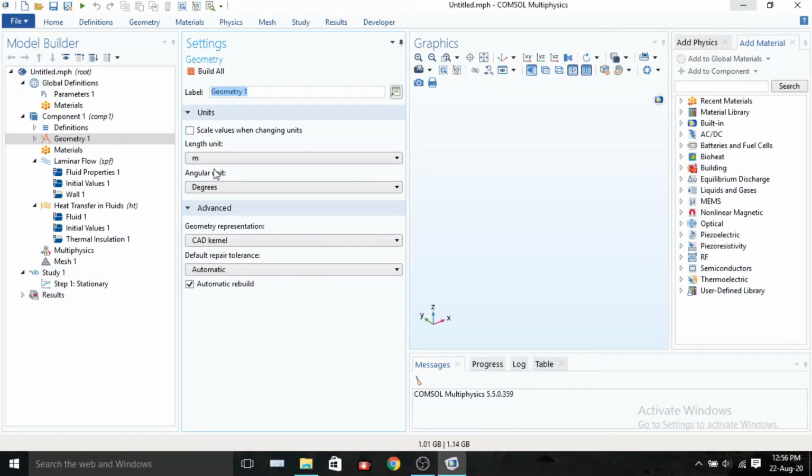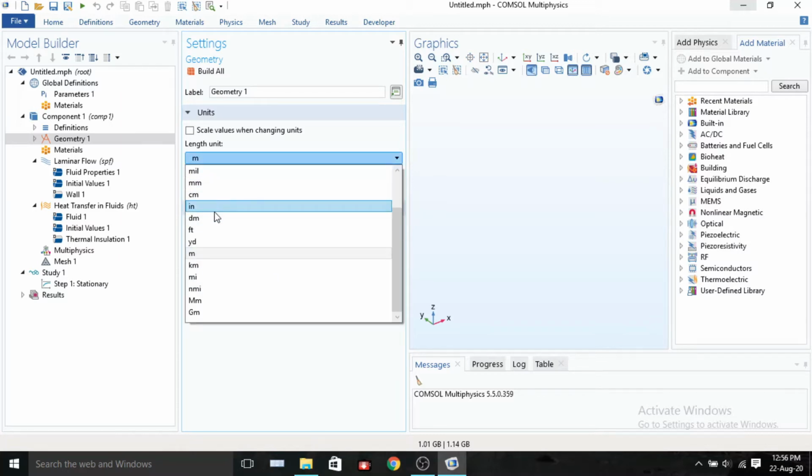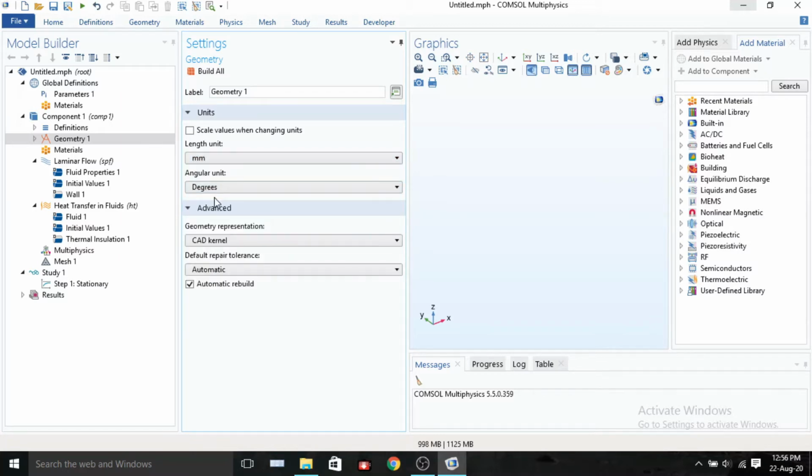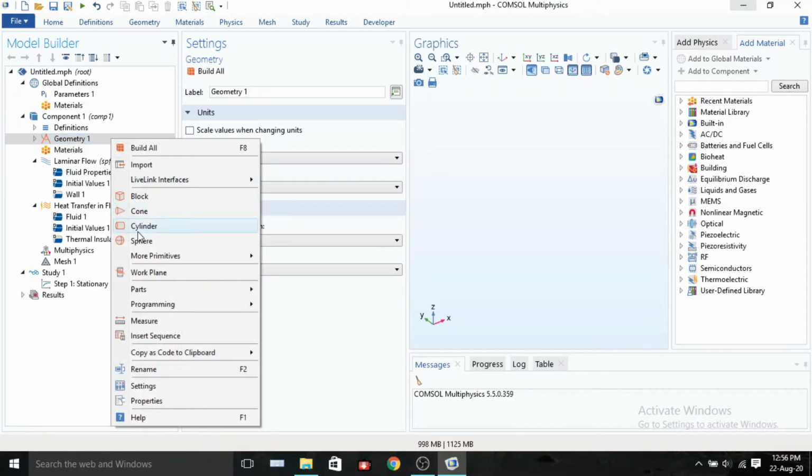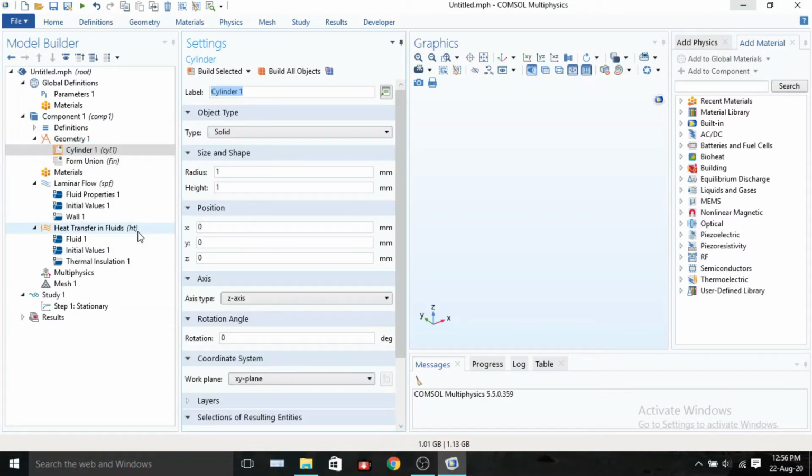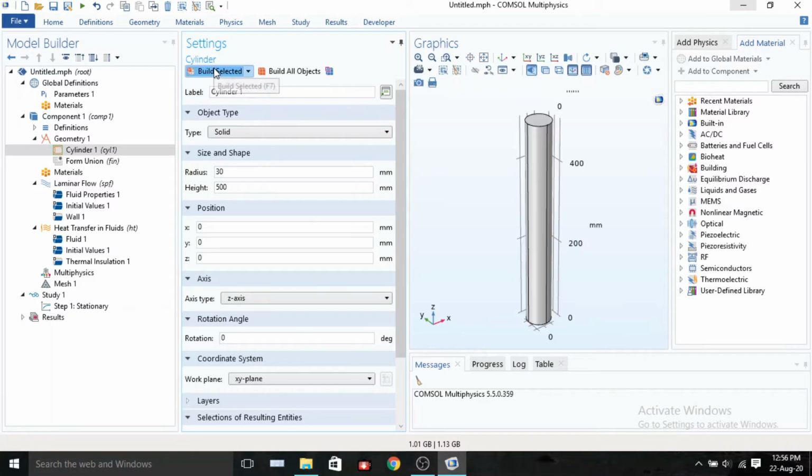Now use a scale of millimeter. Now go to geometry and start making the geometry. Choose cylinder. Choose radius of 30 and length of 500 millimeters and choose build selected.